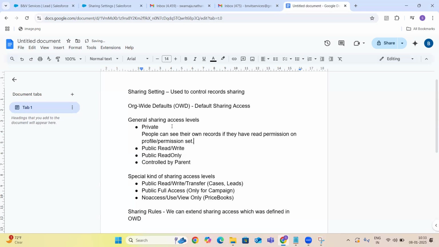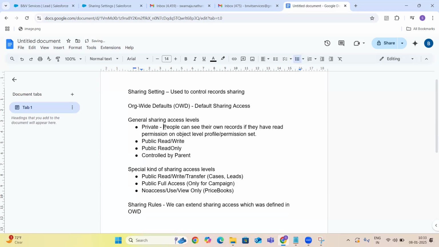We can provide the read permission on object level.